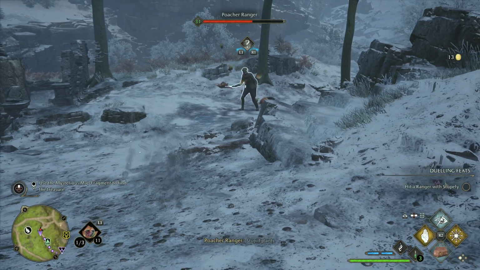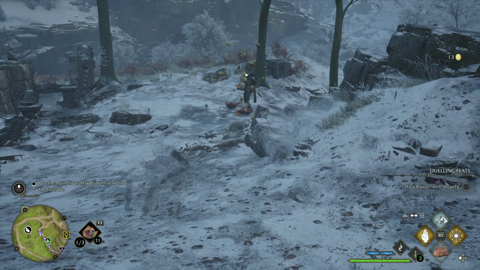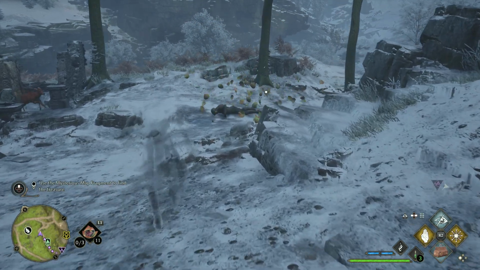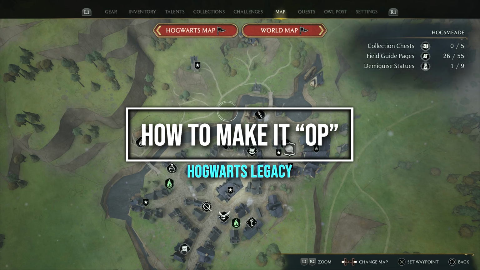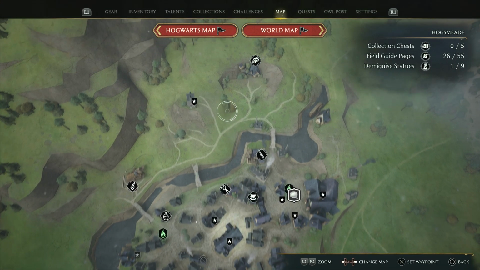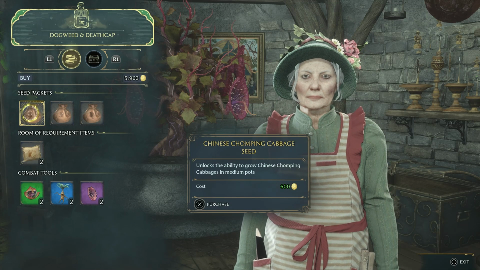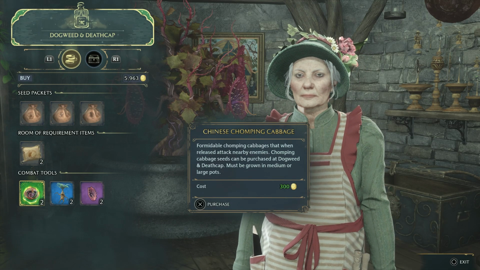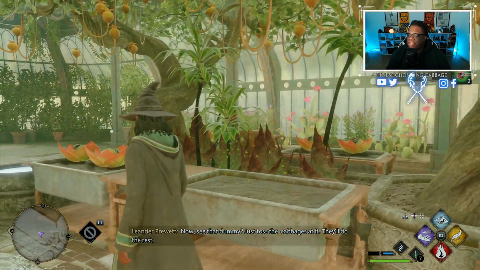You can honestly clear some enemies before you even charge in, or wipe out the entire camp just with the Chinese Chomping Cabbages. Now, to get started making the Chinese Chomping Cabbages OP, as I would like to say, you can either purchase seeds from Dogweed and Deathcap found on the north end of Hogsmeade, or purchase full cabbages from the same shop. Keep in mind, there will be 8 free Chinese Chomping Cabbages in the greenhouse when you have